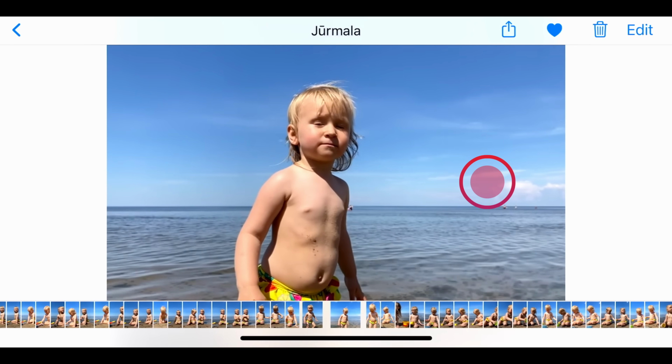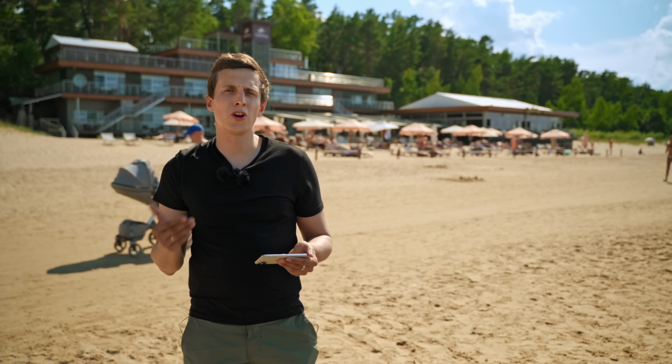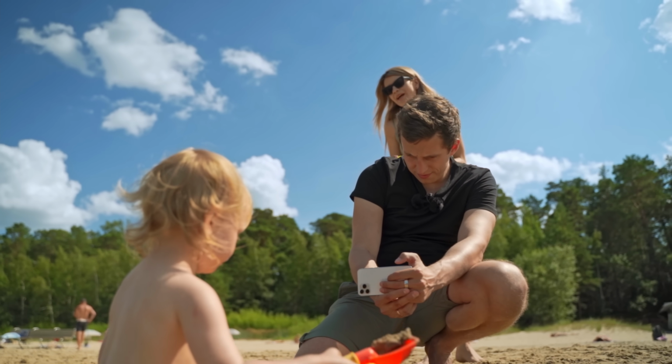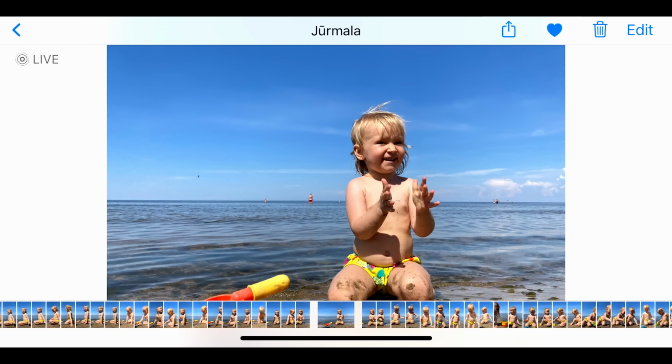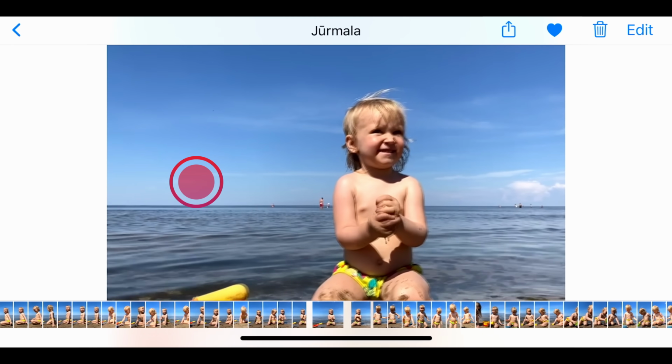live photo after live photo. And I took a lot of photos over a relatively short period of time, and all of them were within 3 seconds from each other. And whenever you do that, whenever you capture a lot of live photos one after another, you can literally play back the entire video as if I had just captured a 10-15 second video. It's kind of crazy, but it's really cool. Even though I wasn't intentionally capturing a video here, I have a really nice clip where my daughter is playing